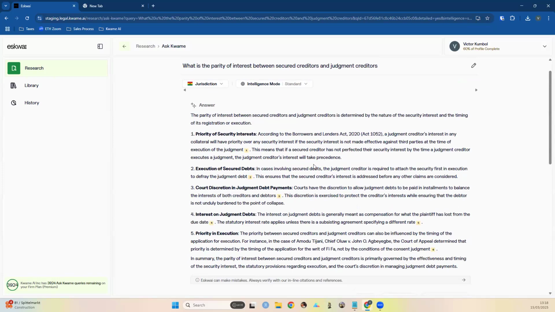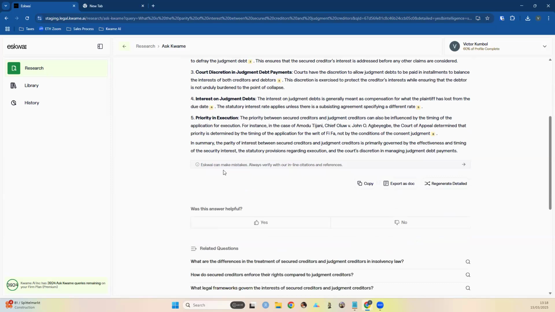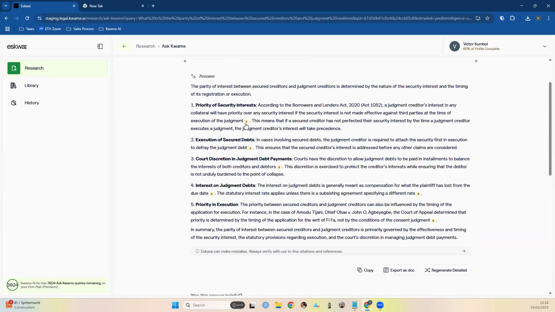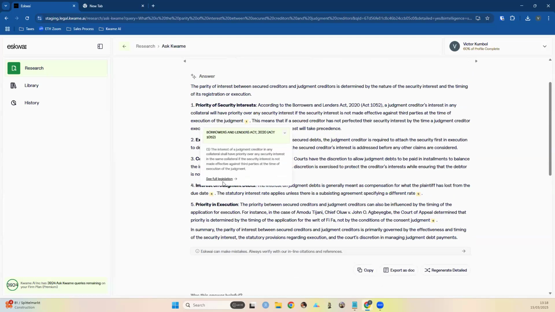I mean, we have to move a bit fast. When we get to the Q&As, we can go more slowly, but then you have a more detailed response, and the reasoning is much clearer in the advanced, higher intelligence mode. Now, I'm going to use this example to demonstrate another feature which we have brought in, which is the Ask Case and Ask Legislation feature.